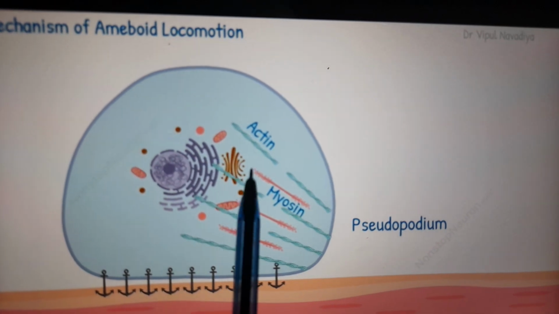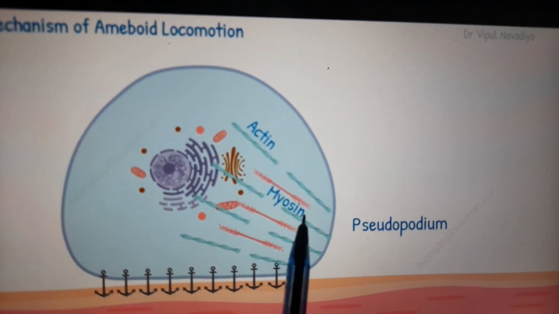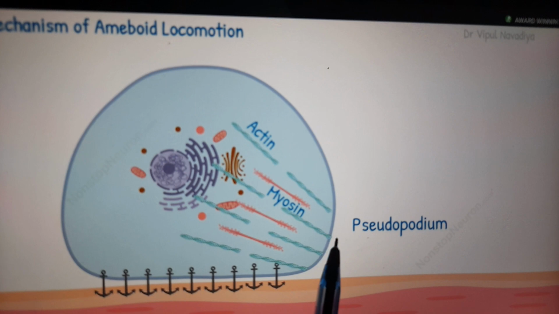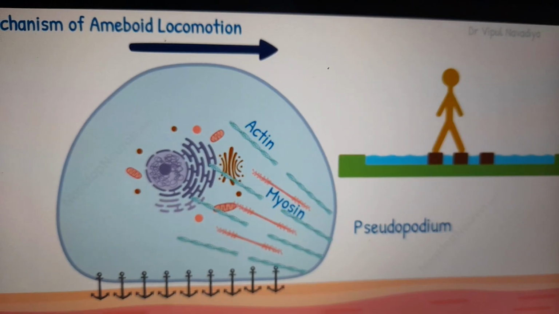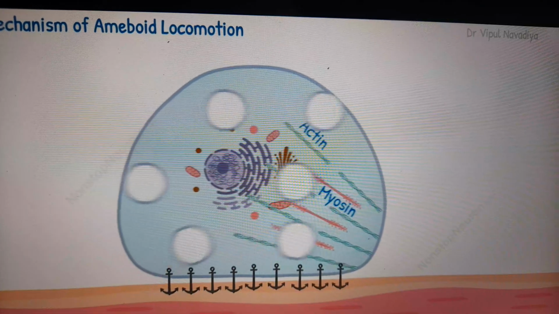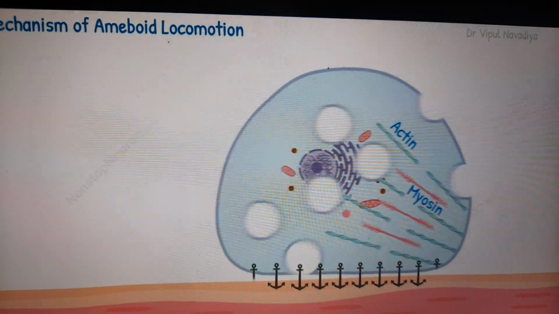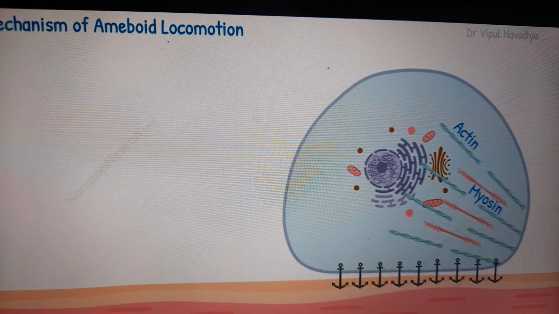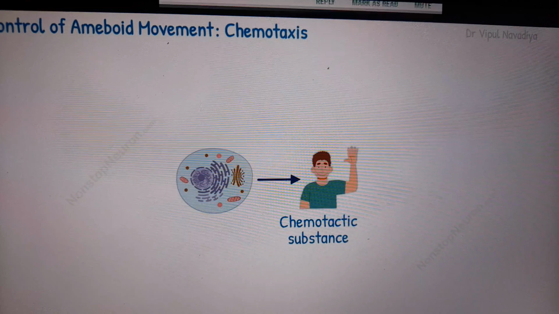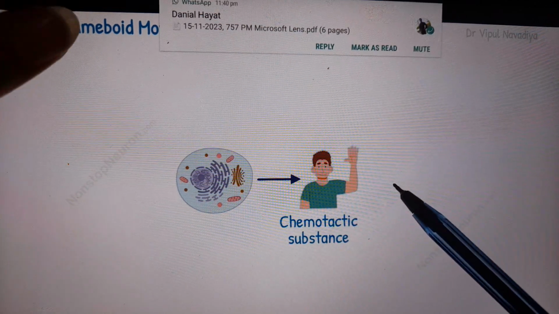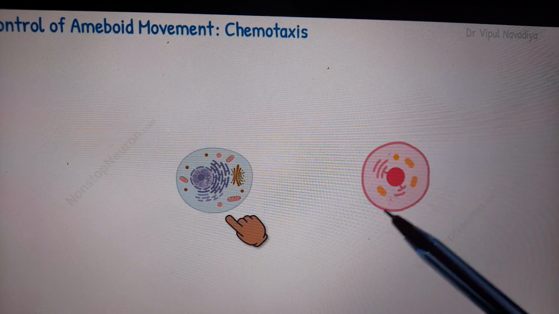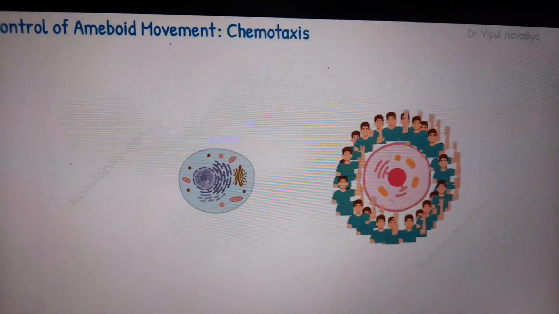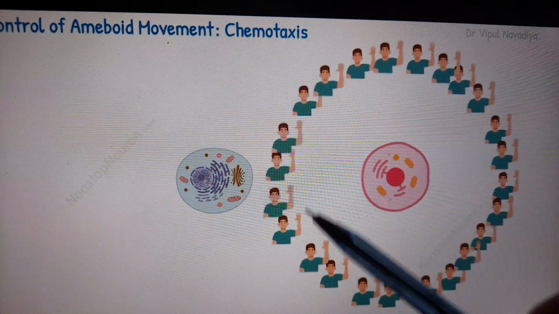What is actually there is actin and myosin filaments which are moving or protruding into the pseudopodium, and they cause the pseudopodium to move forward and it moves in this direction. And now we see the whole of the cell in action, forming the vesicles and the pseudopodium. The amoeboid motion is actually controlled by the pseudopodium, and the pseudopodium occurs and moves via the